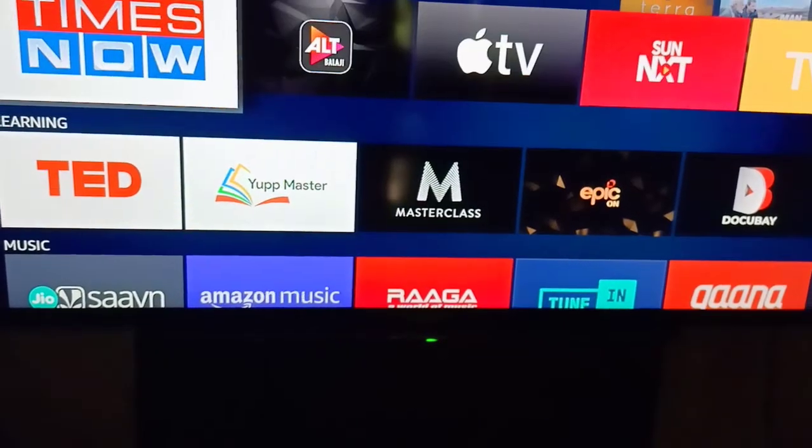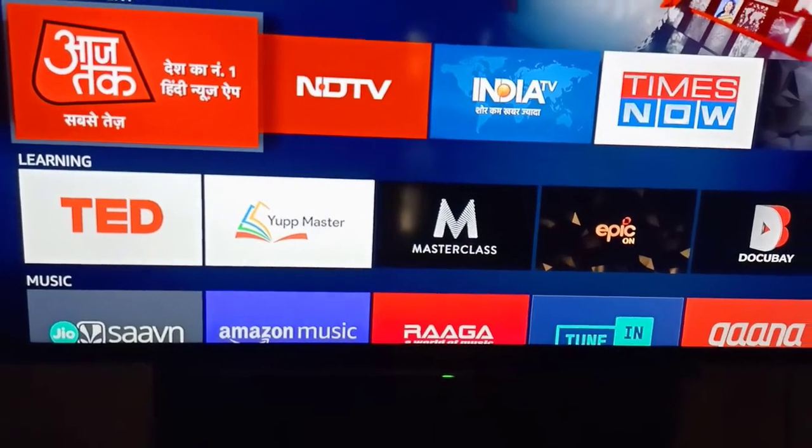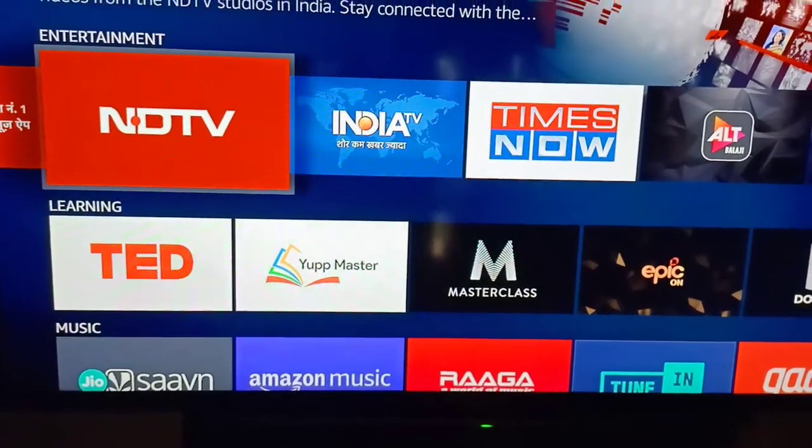Also, these are some of the news channels that have their apps, and you can watch live TV also here. For example, NDTV is not available in GTPL. Then you can click here. It is opening.